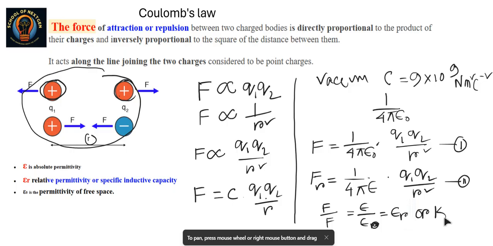We can define this relative permittivity as nothing but the dielectric constant of a medium in which two charges are placed. So we are comparing some medium where we are placing these two charges with the vacuum where we previously placed them. We are just comparing these two media. So epsilon r is nothing but the dielectric constant of a medium in which two charges are placed. So in conclusion, we are finding